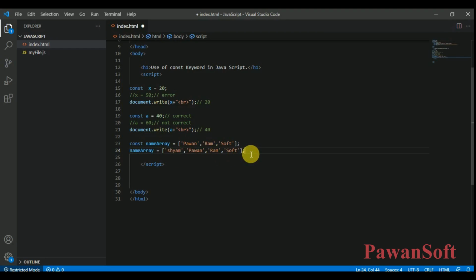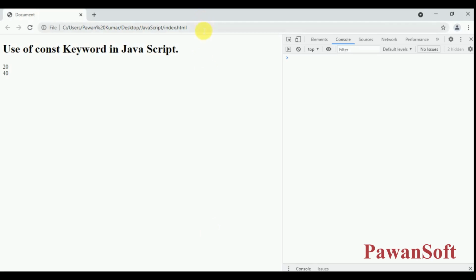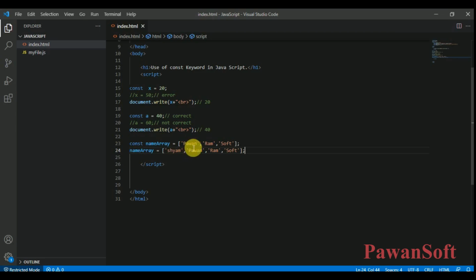So this is not allowed. So let's see line number 24. We'll get the error. Line number 24, assignment to a constant variable, right? Line number 24, this is not allowed.